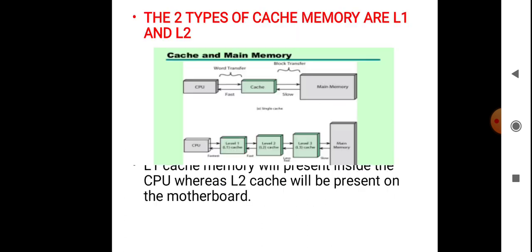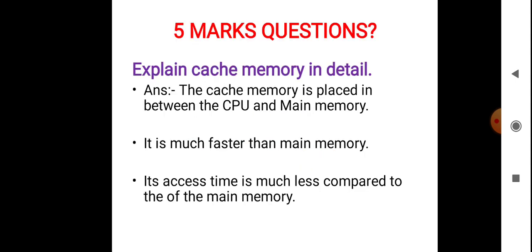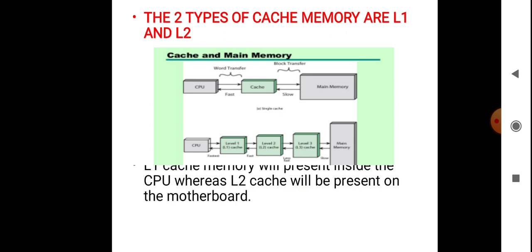Next, you have L1 and L2 as the two types of cache memories. L1 cache memory is present inside the CPU and L2 cache memory is present on the motherboard. Okay. So this is about cache memory. Explaining the cache memory in detail means you have to write all these points along with